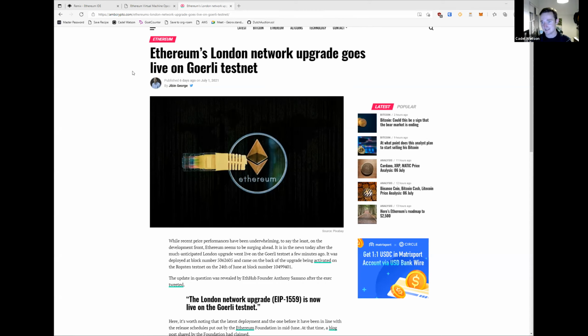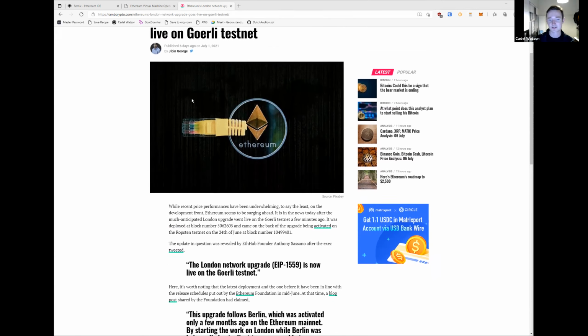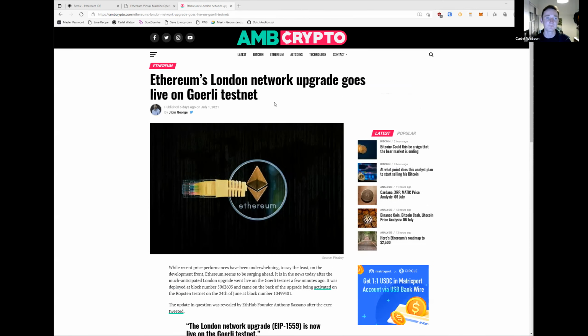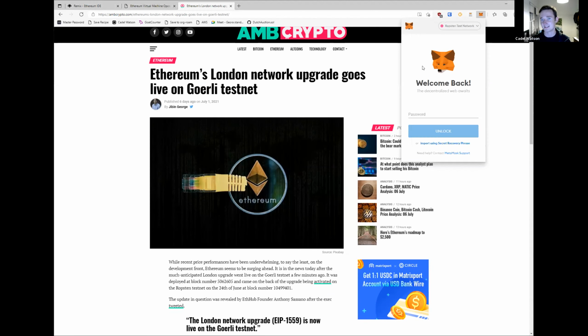So today is, actually, first we'll start with this little piece of news. I talked last week about the London Ethereum upgrade. This is the upgrade that changes how gas works. It has a few minor changes as well. And last week it had been successfully deployed to the Ropsten test network. That's the test net that we've been using for our local development, and it all went